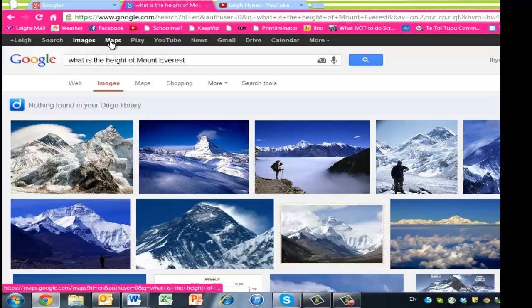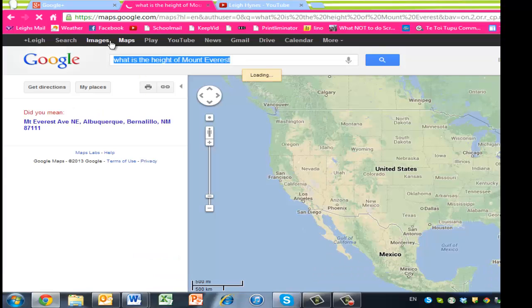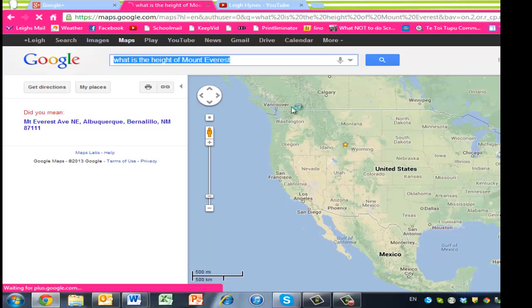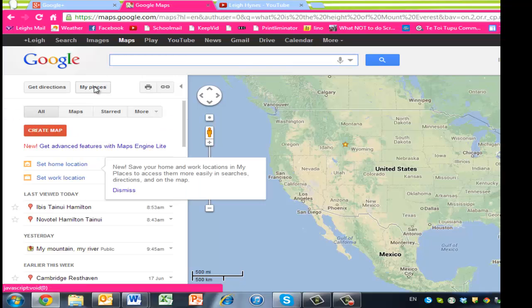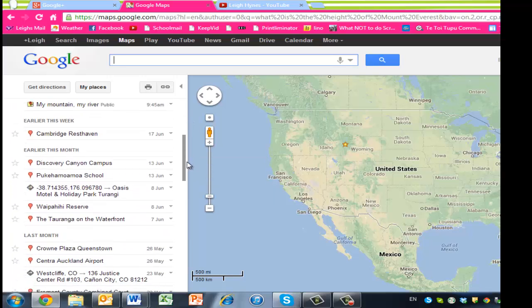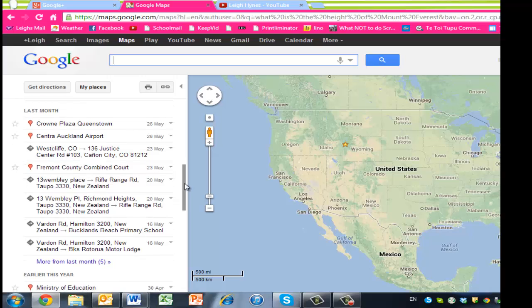Alright, back up the top, Maps is another whole thing to play with. Now, most of you will be familiar with maps because most of you will have found somewhere on Google Maps. It's got a whole lot more functionality than that though. You can actually go to this part called My Places and make your own maps. If I click on that, you will see coming up are some of the maps that I have created, and so I can go back in. For example,